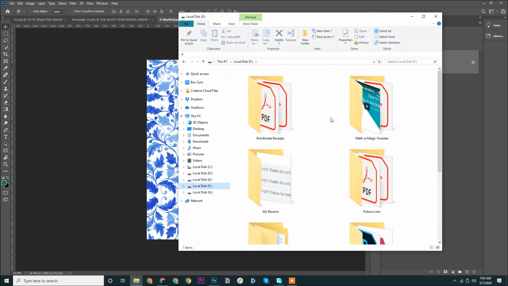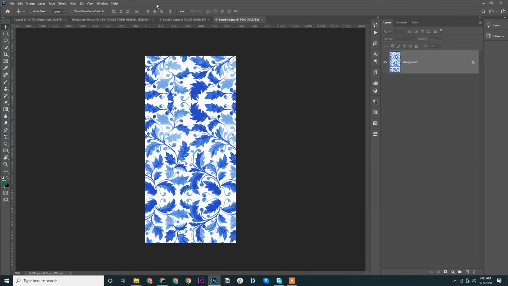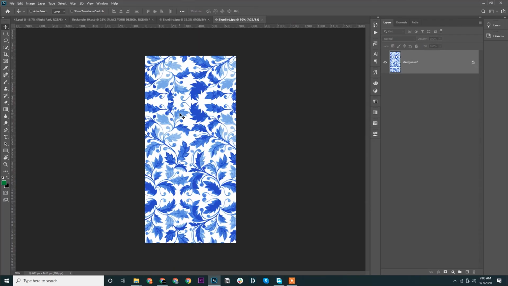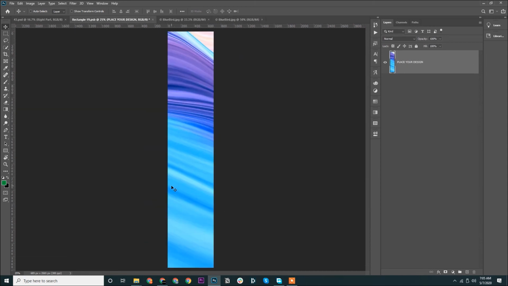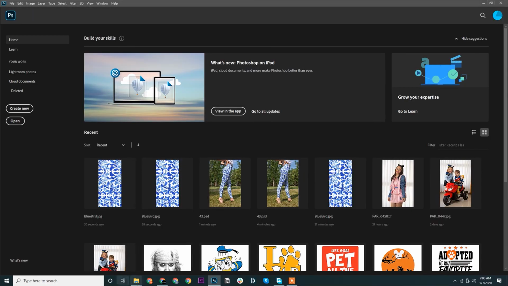What it did actually, if you could see, let me just go back. These are the resized files. So it did resize, but it did not resize to this size, because if we resize to this size, the aspect ratio needs to be changed, because the aspect ratio for this one and for this one is totally different. It's because of the leggings that it is confusing, but make sure that your design files are of the same size. If not, the other way to fix this, I'll just show you how.